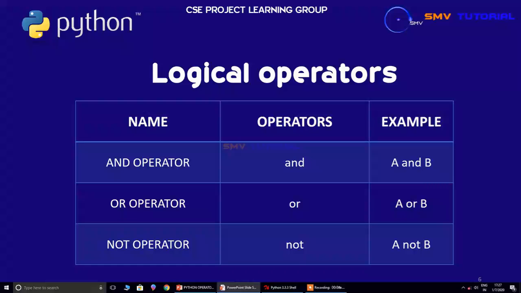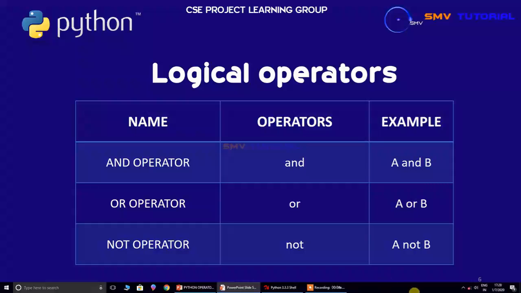There are the following logical operators supported by the Python language. Logical operators are divided into three operators in Python programming language. The first one is the AND operator, the next one is the OR operator, and the final one is the NOT operator.